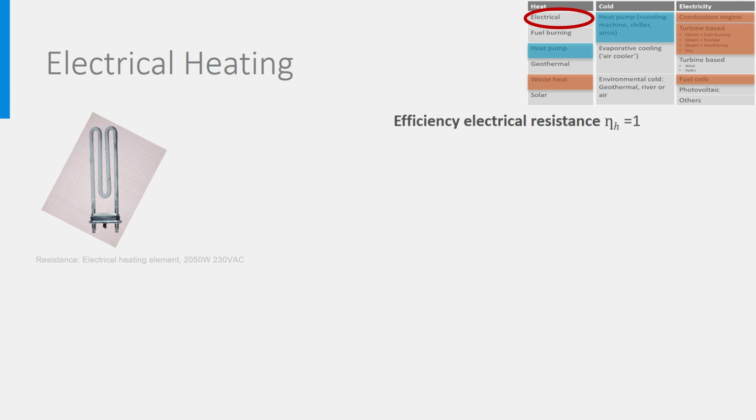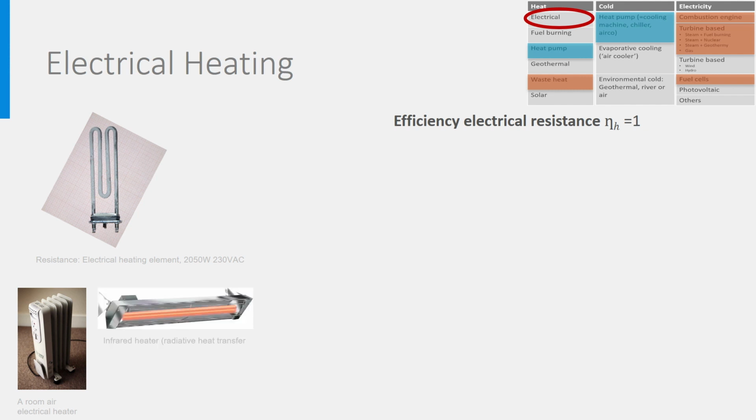There are 4 types of electrical heating systems. The ones that heat directly room air through convection, like this one. Second, the ones that mainly use radiative heat transfer, the so-called radiant or infrared panels. Third, the ones that heat a large water tank, either for space heating or for hot tap water heating. And finally, the ones used for instant hot tap water. They all use an electrical resistance like the one above.